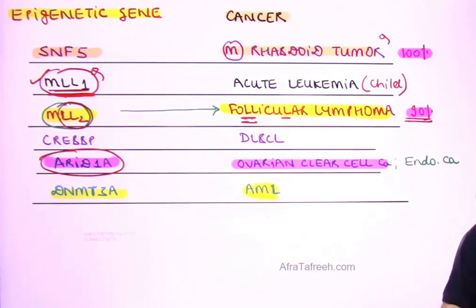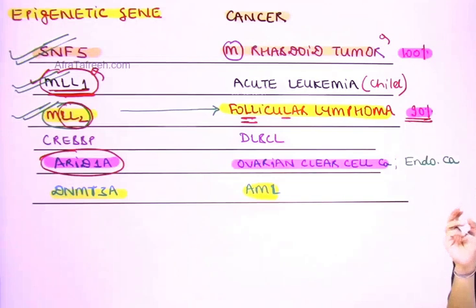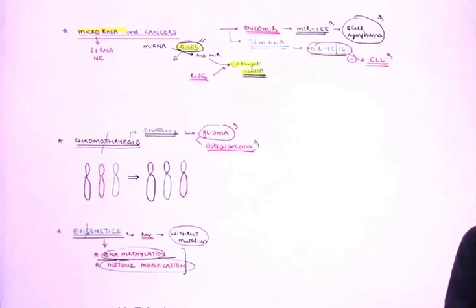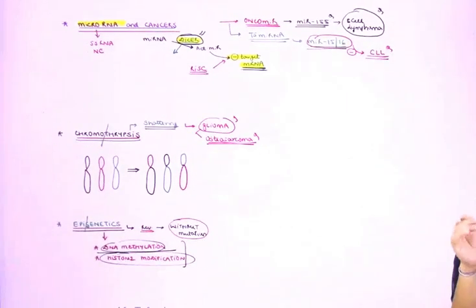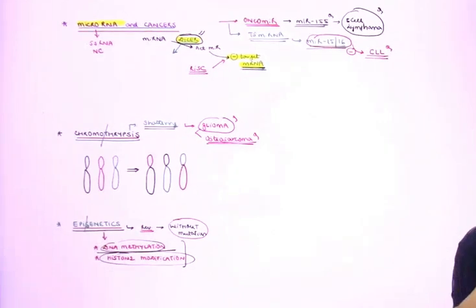Now because the list is huge, personally what I would want you to be familiar with is the association of SNF5, because 100%. I want you to be familiar with the association with MLL1, acute leukemia in case of children, and I want you to remember about MLL2, which is going to be associated with follicular lymphoma. So those are my 3 personal preferences with respect to the epigenetic changes. So these are the important examples of the information that we need to remember with respect to the cancer genes and the kind of changes that we understand now, the driver mutations, the passenger mutations, the mechanisms by which they take place. And please remember, the examples that I shared with you are of